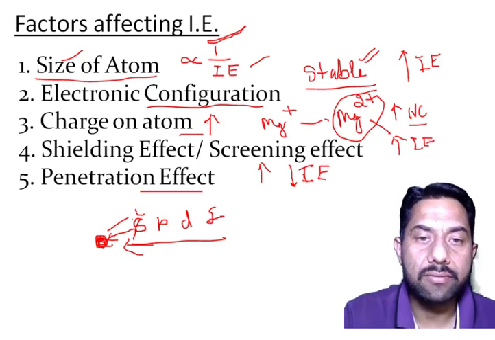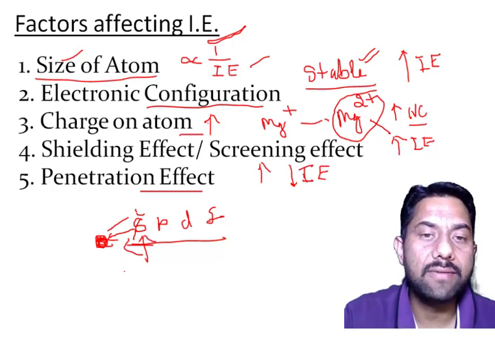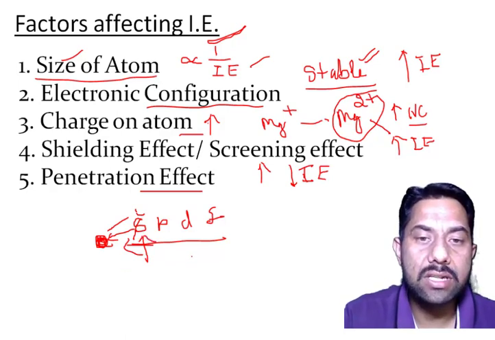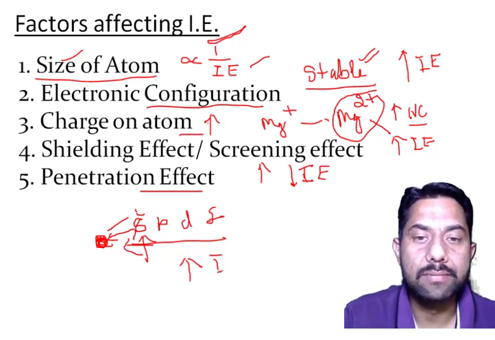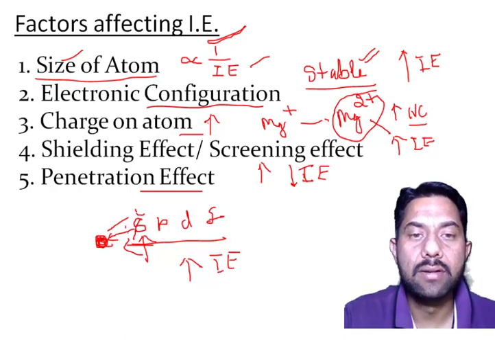Hence we can relate that s has the greatest penetration effect, so the ionization enthalpy for removal of an electron from the s subshell will be highest. So removal of an electron will be difficult from s. So these are the